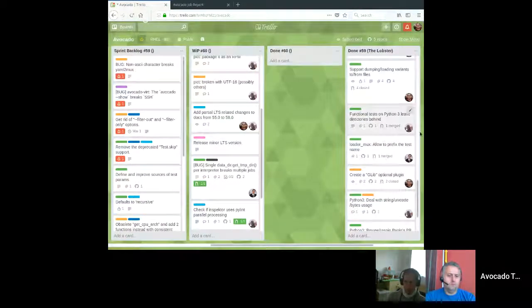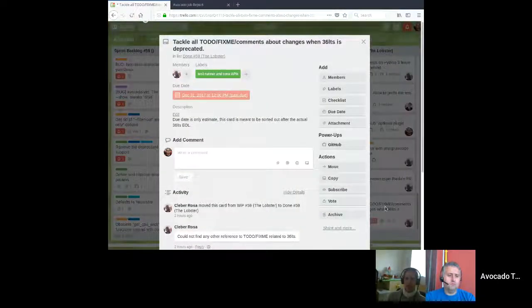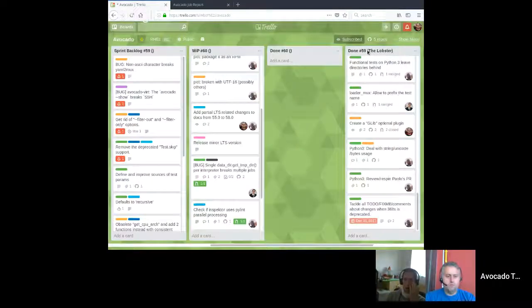Okay, so from bottom to top, as usual, first task completed was tackle all to-do fix me comments about change when 36 LTS is deprecated. It was a card intended to review the code base because we had to keep some compatibility codes in order to support the 36 LTS. 36 LTS version was deprecated, and this card was intended to give us that perspective and go through the code, and we did that. So the card is in done